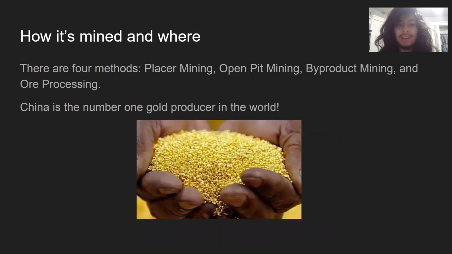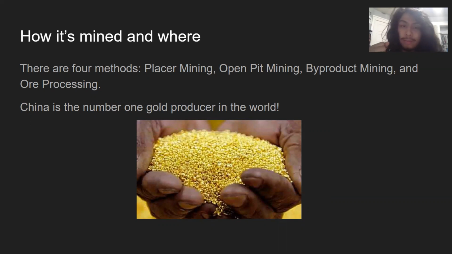So how it's mined and where primarily. So there's four methods to mining gold. There's placer mining, open pit mining, byproduct mining, and ore processing. So placer mining is like the old-fashioned way. You imagine like a California gold rush guy, just getting the pan and panning it out. Well, it's basically that, but it's evolved to more like a civilian way with something called a cradle, and